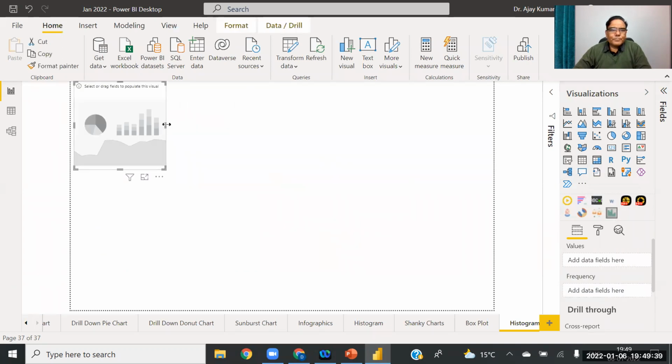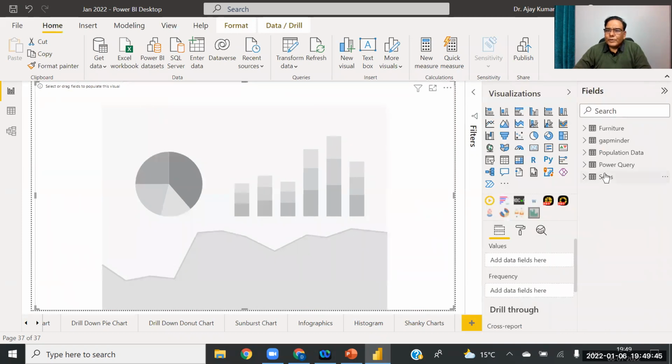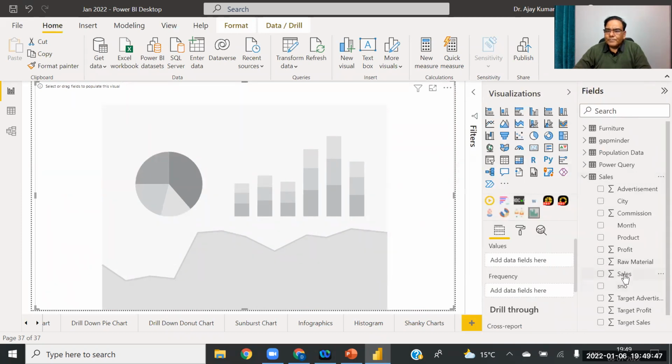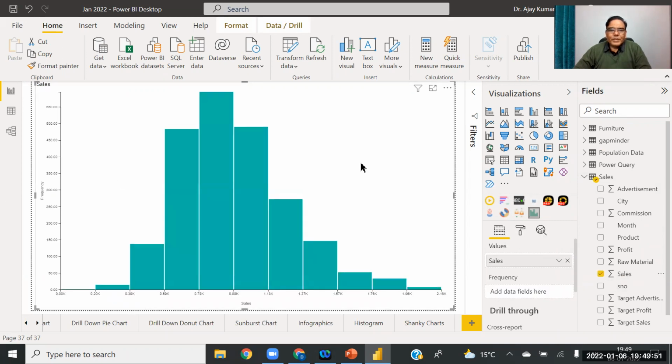Histogram is showing you the values I'm taking from the sales data. Okay, so only one variable is required for this, sales, and frequencies.